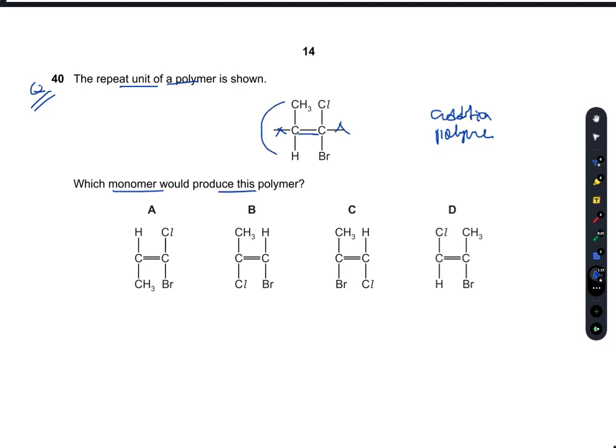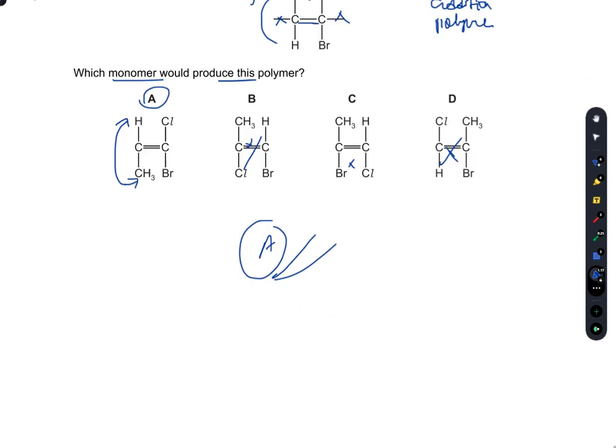So I can replace the position of CH3 and H on the y-axis, but I cannot replace them on the x-axis. So as shown in A, I replaced CH3 with H. So A is true. In B, he has displaced the positions of chlorine with hydrogen, which is incorrect. In C, he has changed the position of hydrogen with bromine, so this is also incorrect. D is also incorrect. Only A, which has only the CH3 move downward and H move upward, is true. A is our right option.